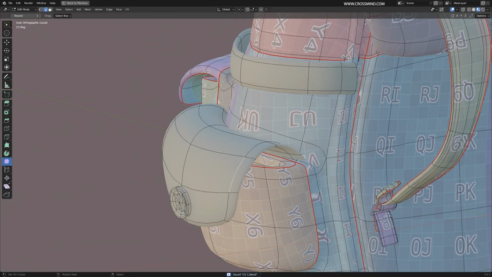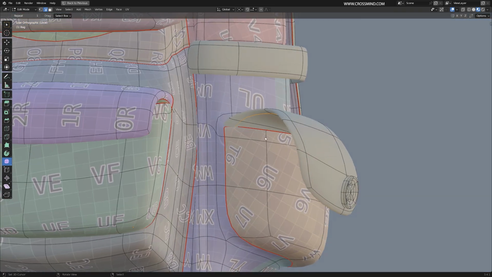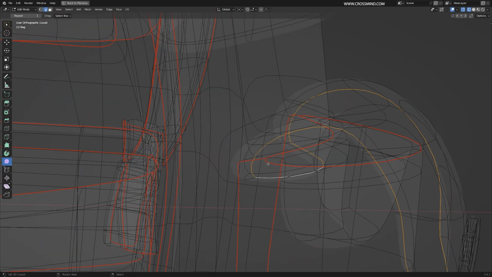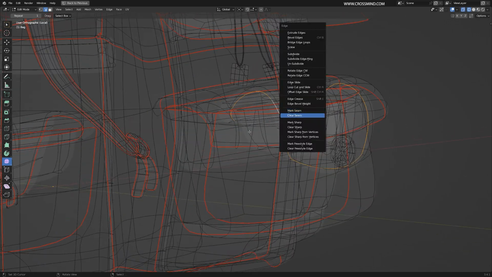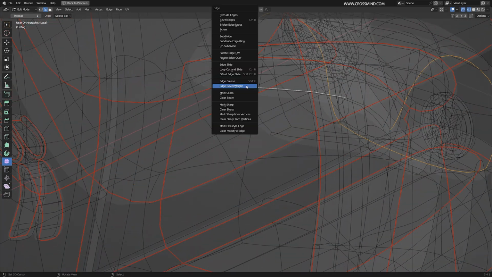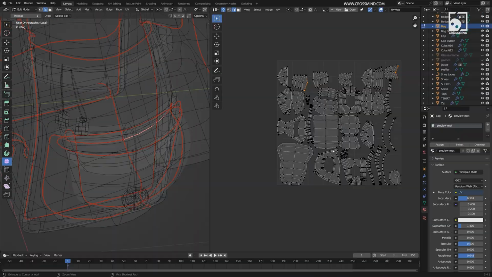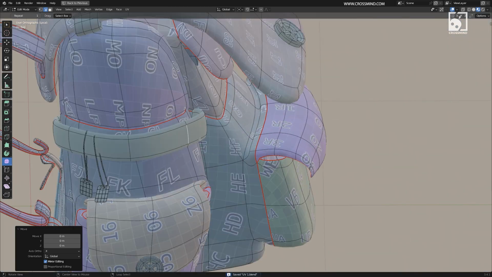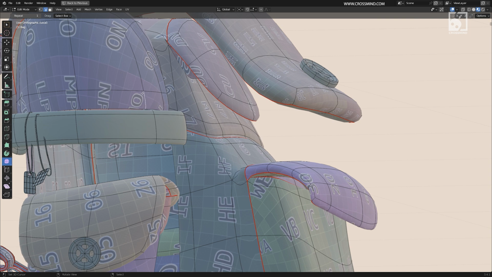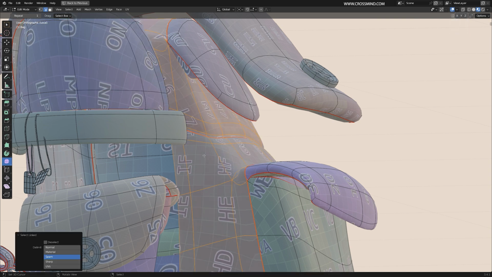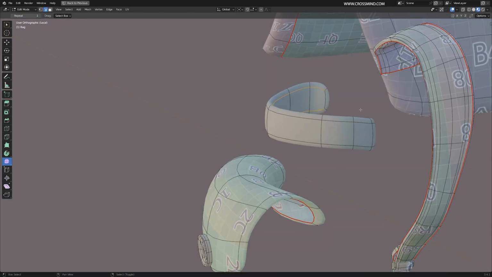I think this is done as well. And just the top, just the cover part we need to unfold. I think we can separate out this entire flap from the rest of the pocket so that it's a clean cutout. Just going to hide this whole thing and quickly unwrap these straps as well.